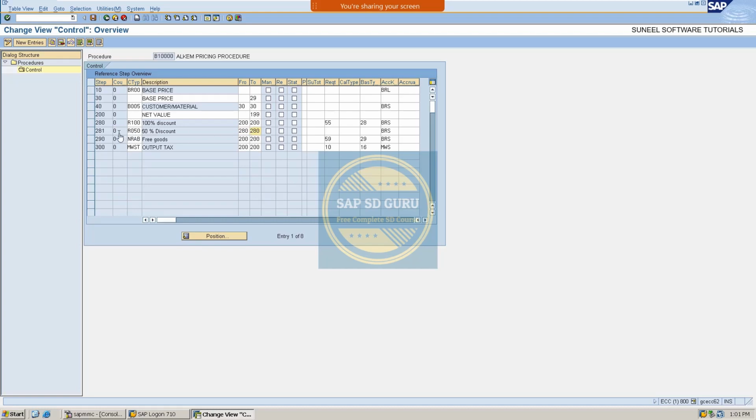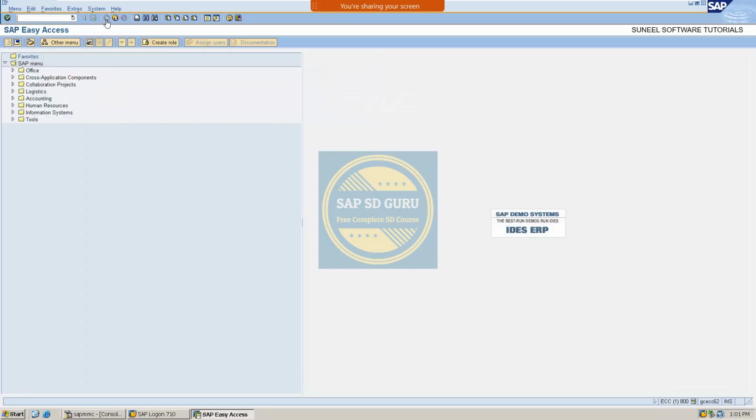So what it means is this condition type will calculate on R100 because in step number 280 the R100 condition type is available. So okay, I think you are clear with it. Now let me save it and let me go back to create the